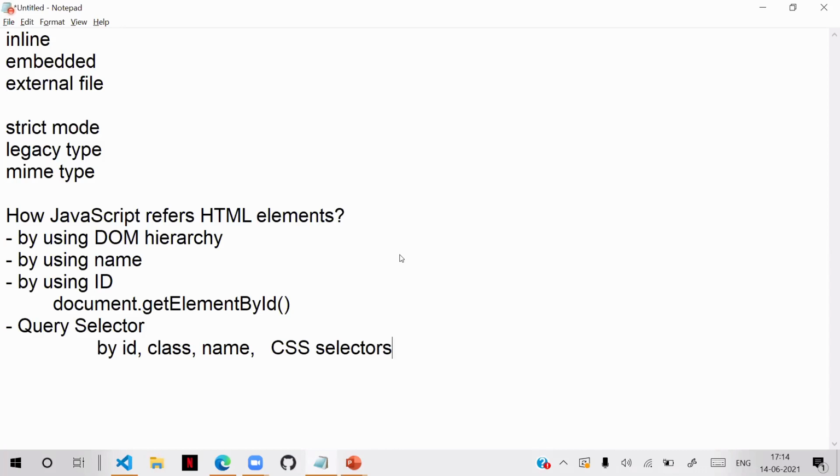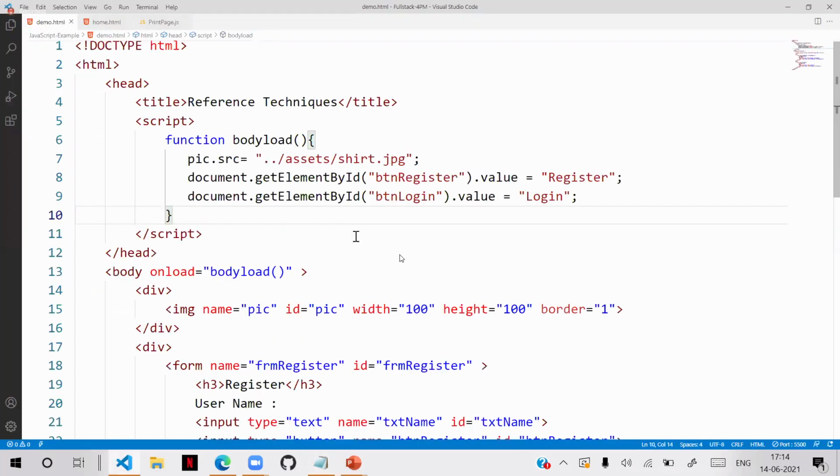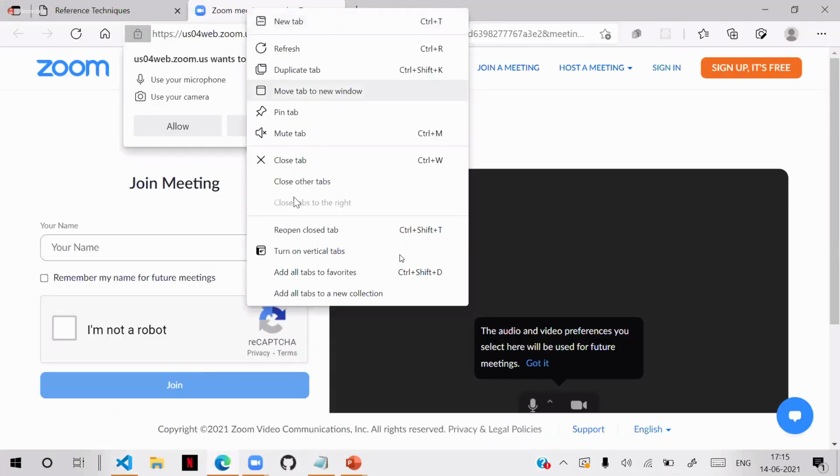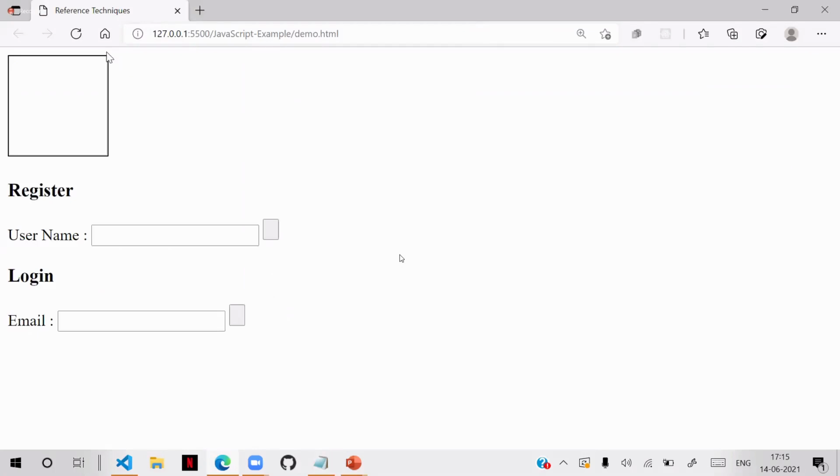That is query selector. Generally you will see people using this option. So how do we access it?